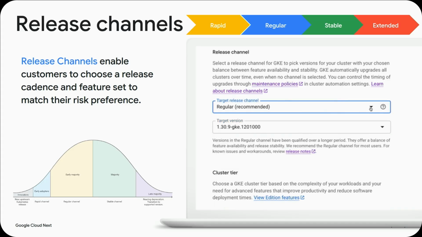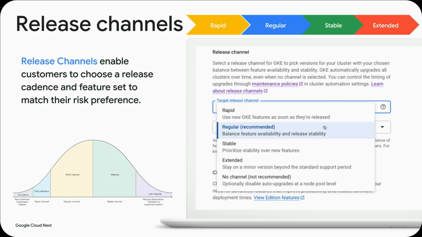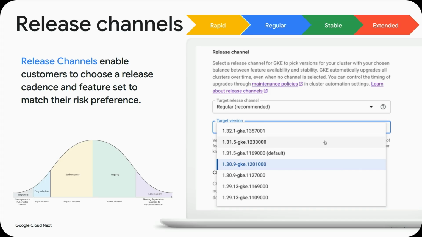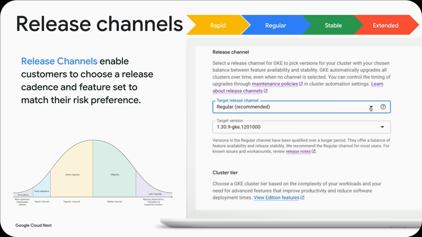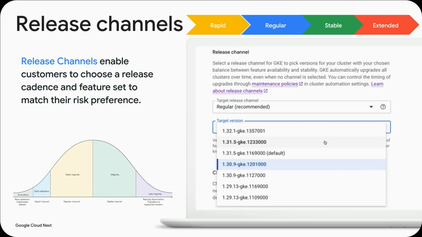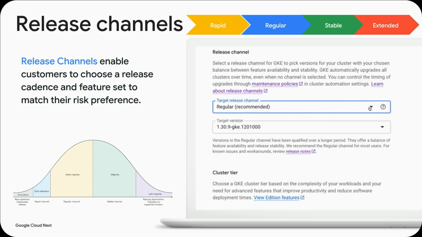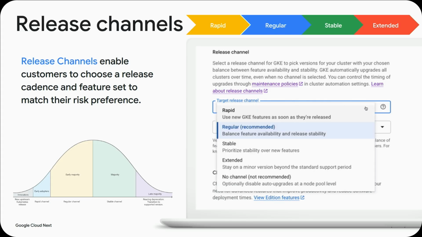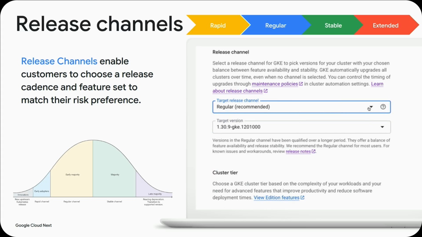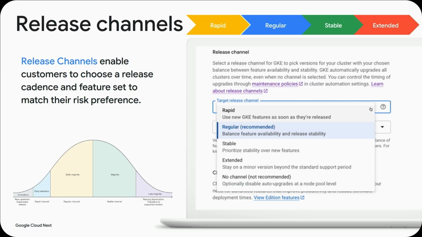The way it works is that we have version promotion criteria. So a version becomes available first in rapid, gets promoted to regular, and then to stable. It takes time to promote a version between all these different channels. And at any time, if we find an issue, we can decide to not promote a version, to delay the promotion, or to lock some versions if they're not acceptable.